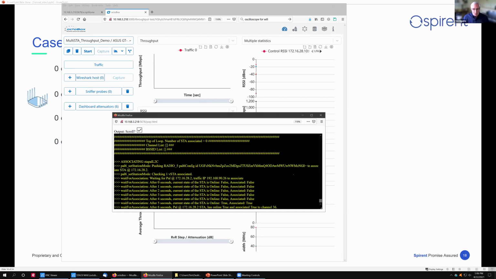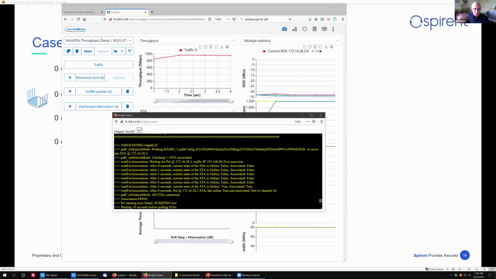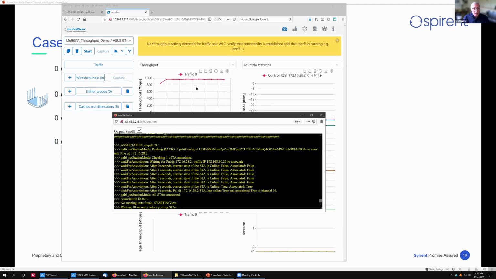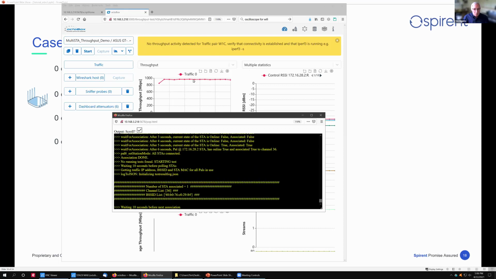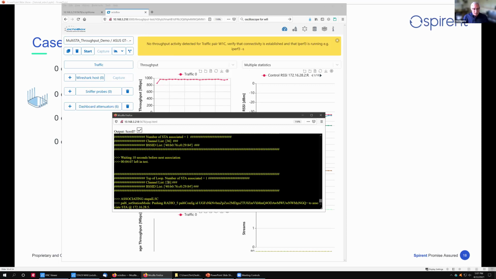So the first station is being associated, and you notice that I see where the station associates. And this is using the real-time status capability that octoScope has in the system. So first station associated channel 36, and it's got a pretty good throughput. Again, this is the dual stream AX device. So this is sort of the best candidate. It's the fastest of the fast. So you can see I'm printing out the channel and also the DSS that the device connects to.